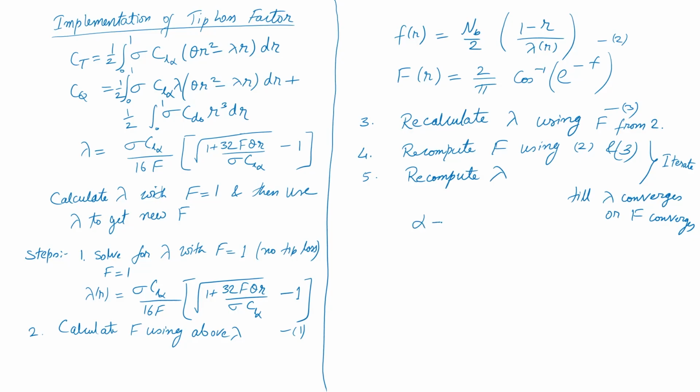With that I have a converged value of lambda, which I will put back into CT and CQ to get my thrust and torque and everything else. That is my final result, and I can see the effect of this. I can also save my lambda with f equal to 1 to compare how that lambda looks and how my current lambda looks. I can even plot my angle of attack. My angle of attack alpha is theta minus lambda by r. So I can plot alpha also and see how it varies for a given value of theta. Note theta would also change now.